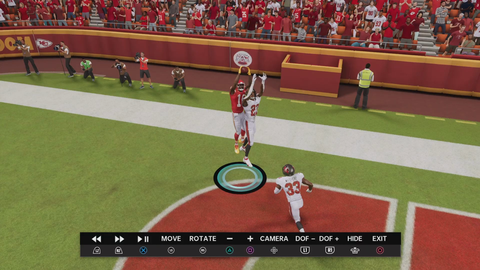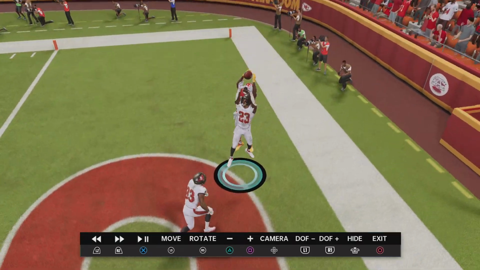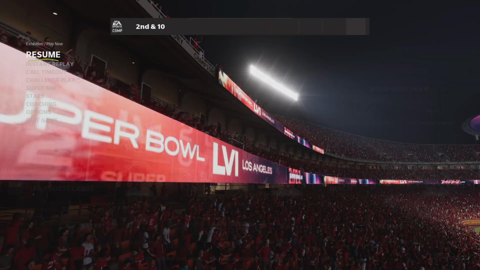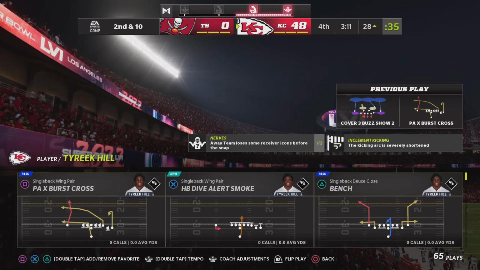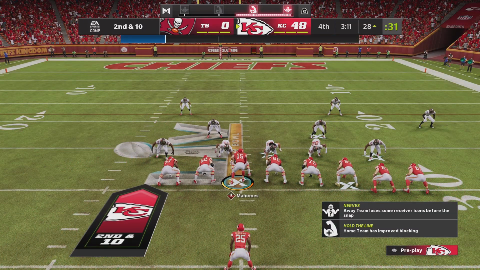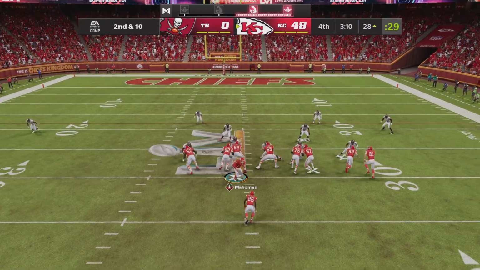Six points right in his hands, but could not hang on. An incomplete pass on first down. That leads to a 2nd and 10.